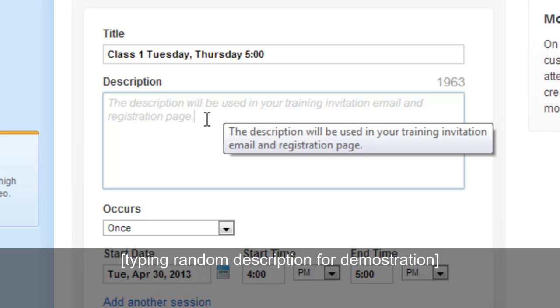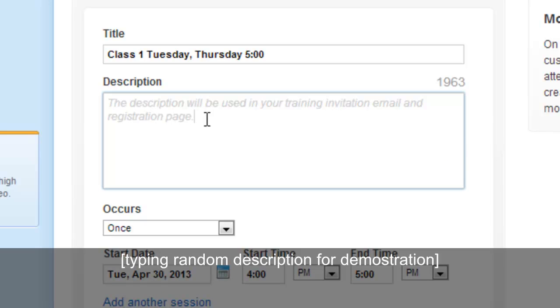Down here in the description, you can also put anything you want as a description. Again, I would recommend something that's easily recognizable to your students and yourself, perhaps what you have on your syllabus, or the class description on the class sign-up sheet and banner. We'll just put